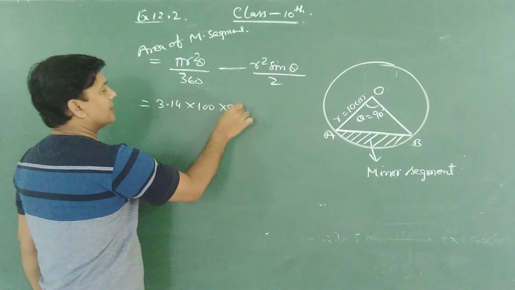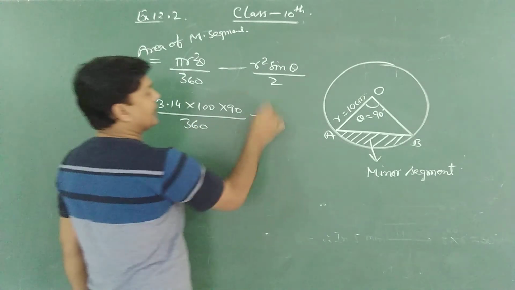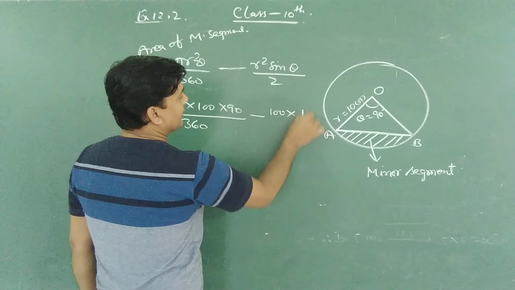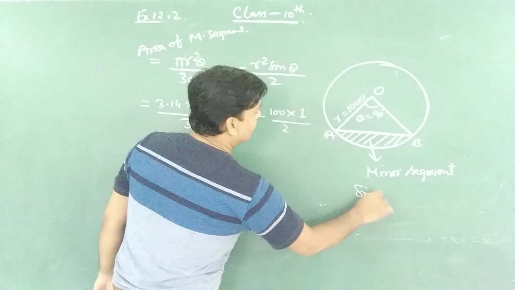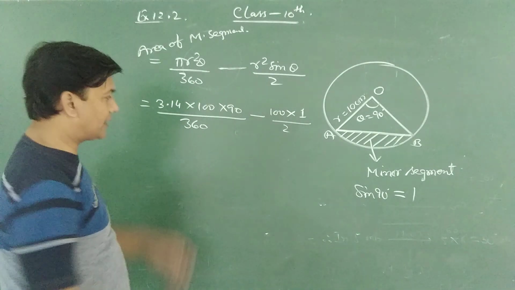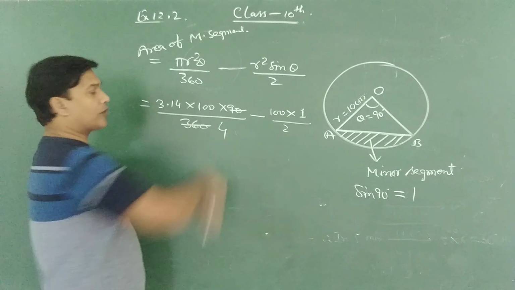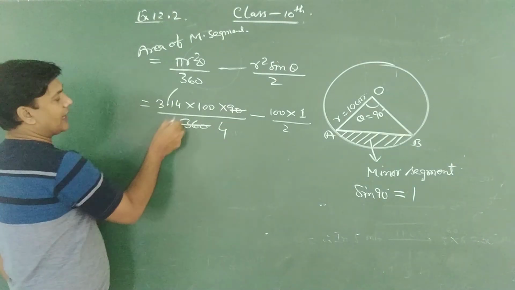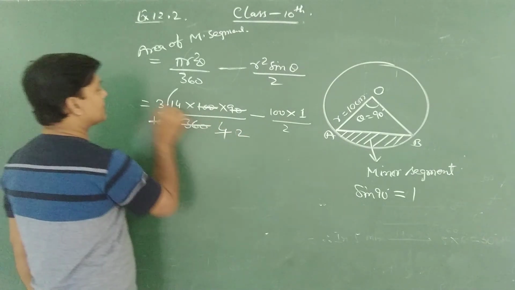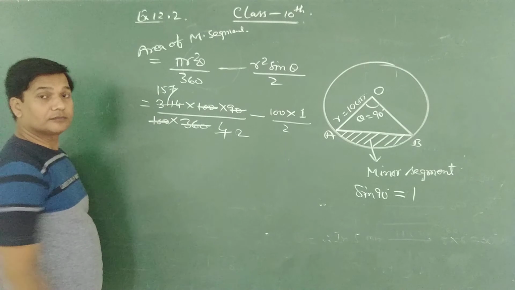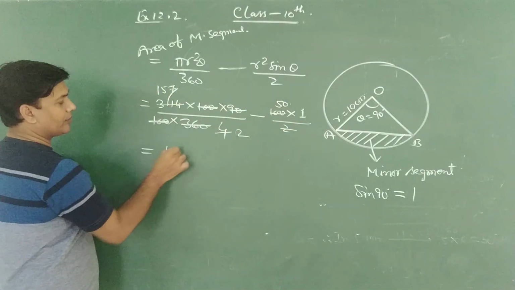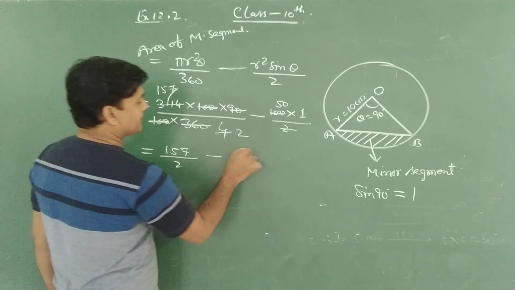Theta is 90, and here we have 360 minus again r square, which means 10 square, that is 100. Sin 90 is 1 upon 2. We know that sin 90 is 1। एंगल होता है यार ट्रिग्नोमेट्री के अंदर। अब यहाँ 90 cancel this 4 times, and if we are moving this one decimal removing, so 100 cancel with this 100, and 2 times 157. Here is 50. So now 157 divided by 2 we are having here, and in this case 50 only.